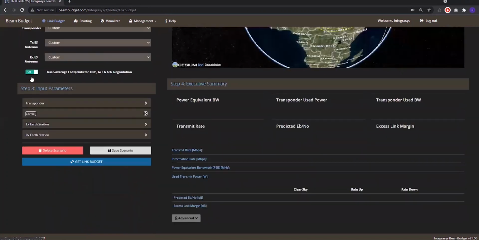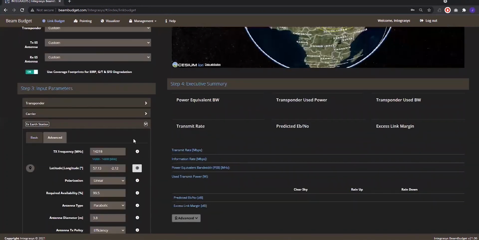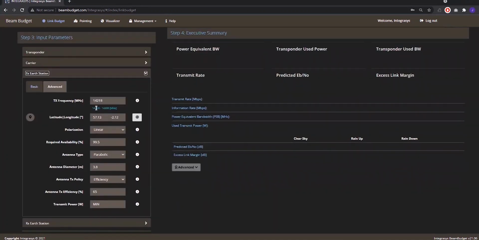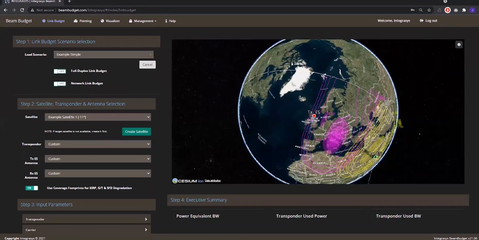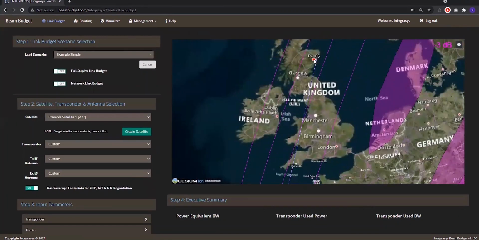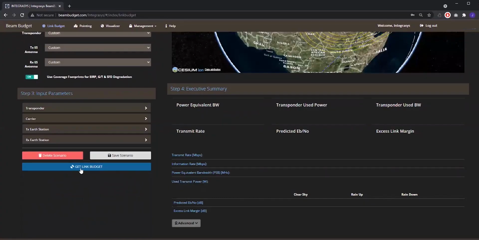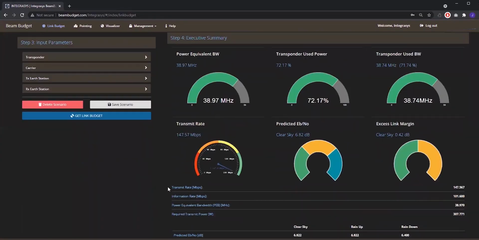The next two menus specify the parameters for the transmit and the receive Earth stations. These values correspond to the antennas that will be used, as well as each of the locations, which can be selected manually via the globe. Once we have selected all values, we click Get Link Budget, and in a matter of seconds, we receive the